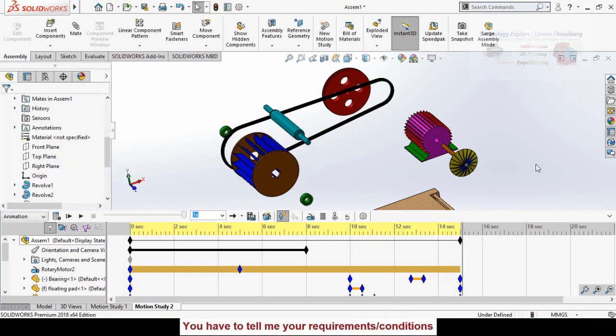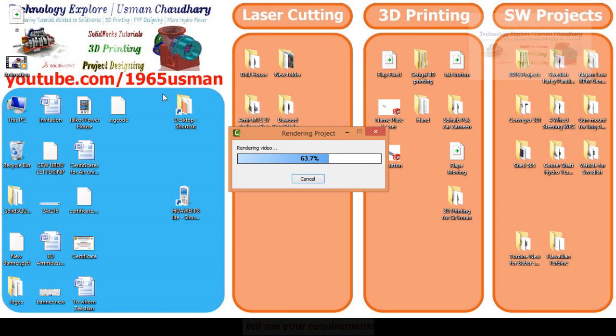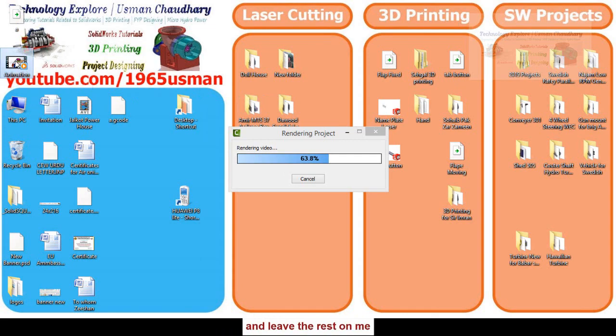All done. Now your animation has been saved as an AVI file in your hard drive. Here you can see